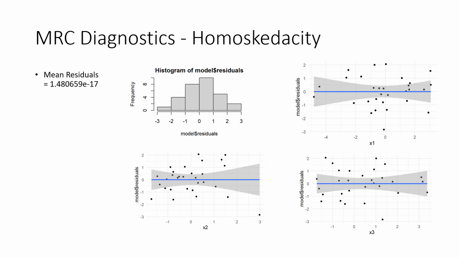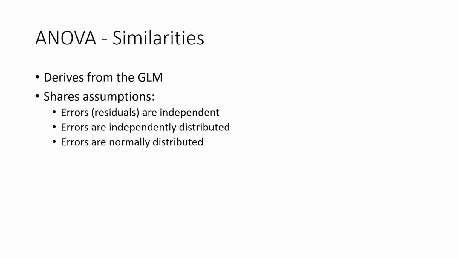And we can also run some more diagnostics to check for our other assumptions related to residuals. And we can see that the mean of our residuals is very close to 0, as you can see here. And each of our predictors seem to be uncorrelated with our residuals. And so that concludes the MRC portion of this presentation, but now we can talk about ANOVA, or analysis of